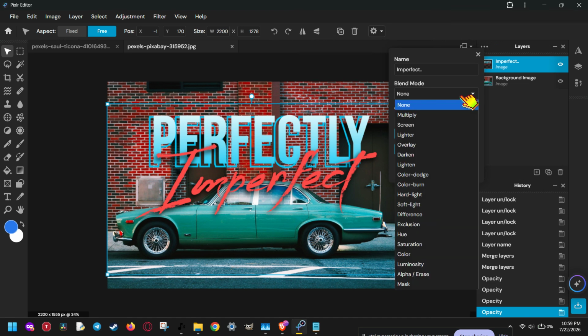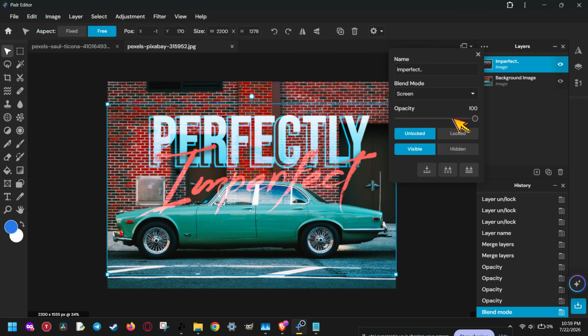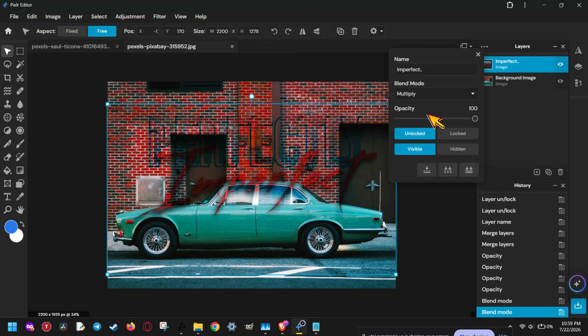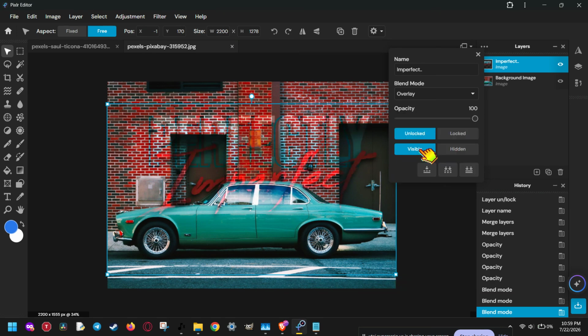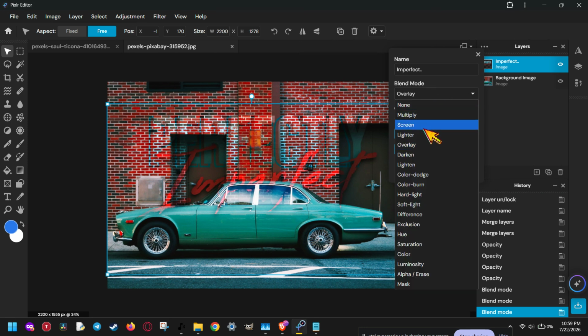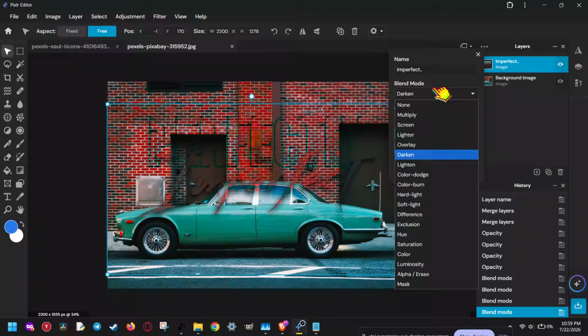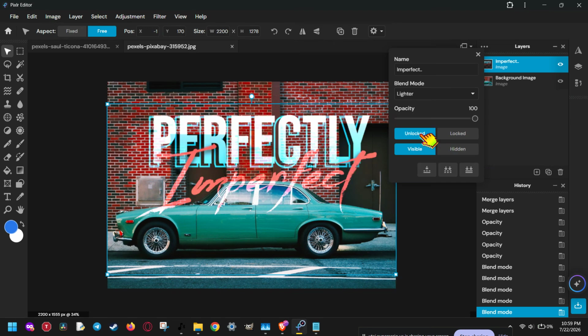Blend modes control how the selected layer mixes with the layers underneath it. If you choose multiply, the layer will darken the image and is often used for shadows, color overlays, or making bright areas disappear. If you choose screen, the layer will brighten the image and is great for light effects, glow styles, or making dark backgrounds lighter. If you choose overlay, Pixlr will boost contrast and help your image look more vivid and dynamic. These are some of the most useful blend modes, but Pixlr gives you several more options depending on the effect